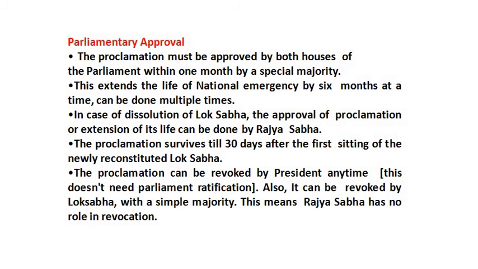The parliamentary approval. The proclamation must be approved by both the houses of the parliament within 1 month by the special majority. Before it was 2 months, but later the Constitution Amendment Act reduced it to 1 month. The 44th Amendment Act reduced the duration from 2 months to 1 month. The life of the national emergency is extended by 6 months at a time,